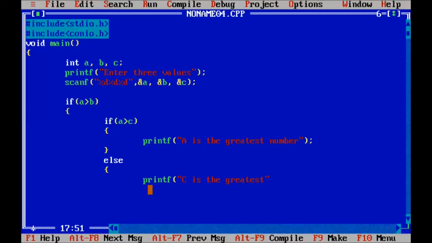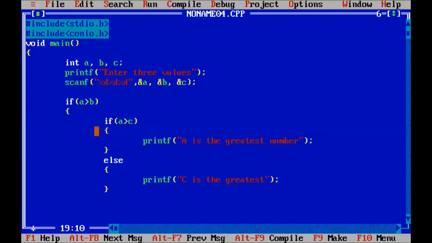Okay, so we close the curly braces of this else part. Here this if and else part is completed, and we write the else part of this if.